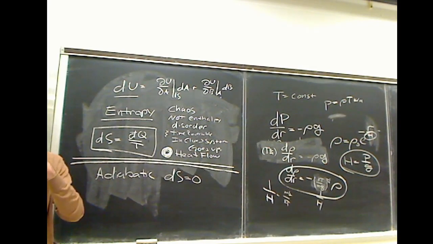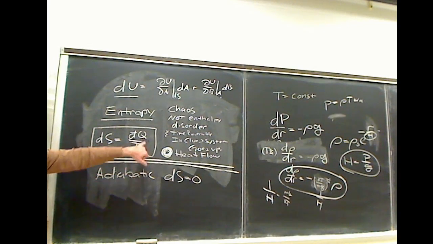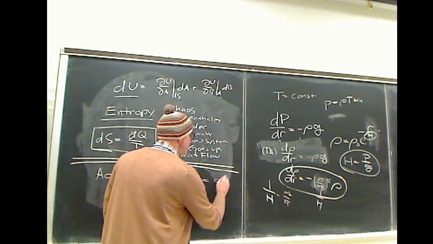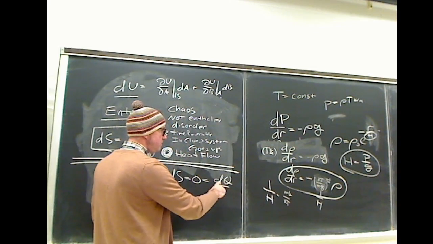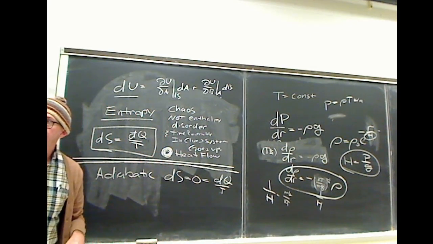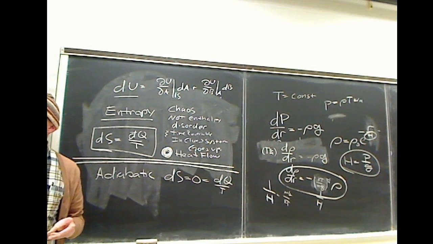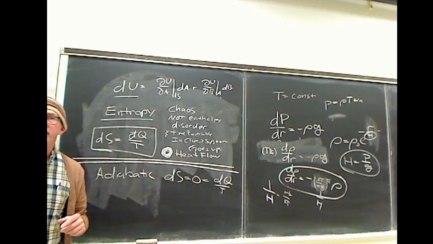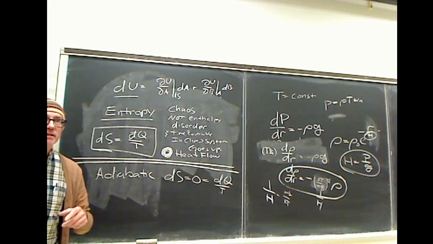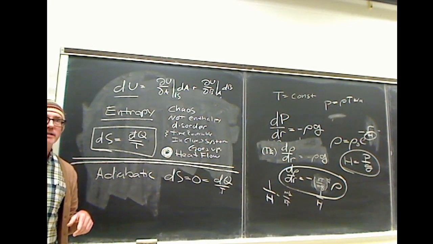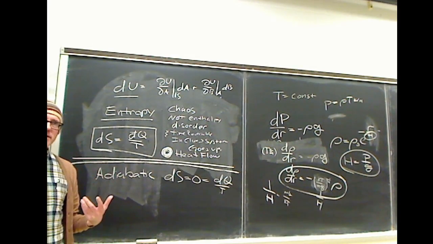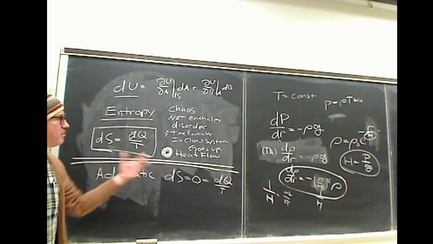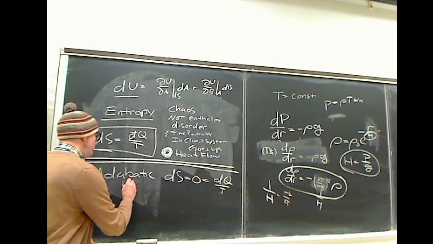In an adiabatic process, that is also going on here. But more importantly, no heat is flowing through the system. So dS equals 0 also means dQ over T is 0, but T is never infinity, so dQ is also 0. So it's either reversible or it's just not flowing. Is this just an ideal situation? Well, no, it happens pretty much all the time, whenever you have a process, because it's about heat flow, but really adiabatic is about heat flow